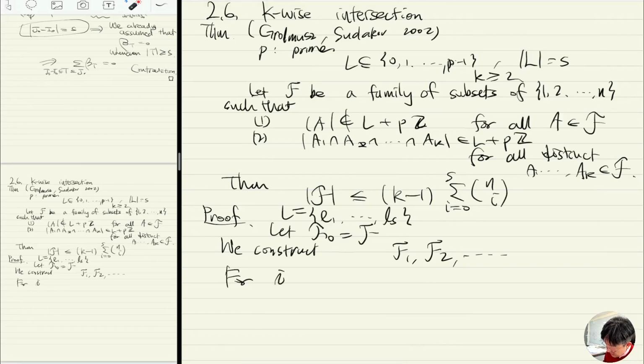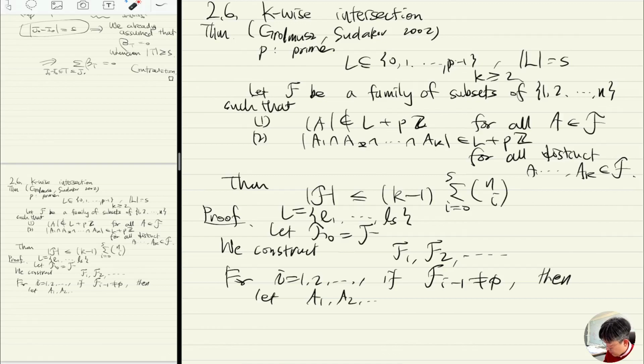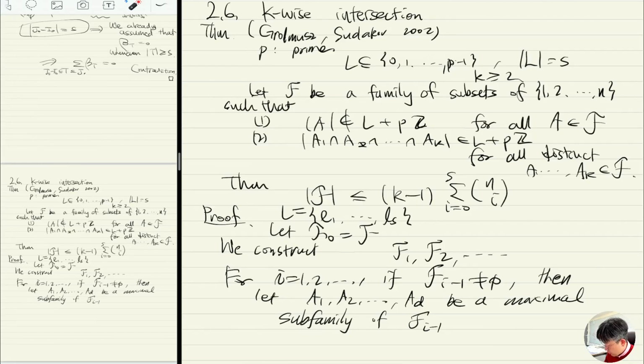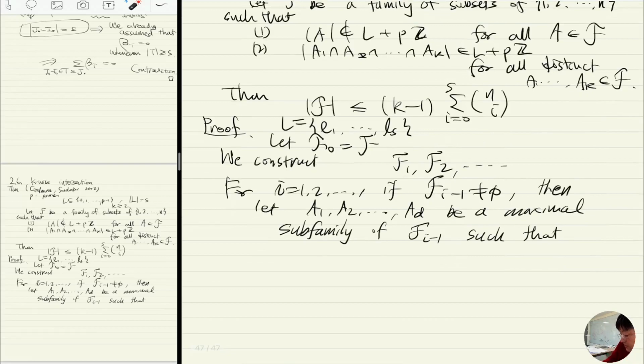So for i from 1 up to something, if F(i minus 1) is non-empty, then let A1, A2, up to Ad be a maximal subfamily of F(i minus 1) such that,